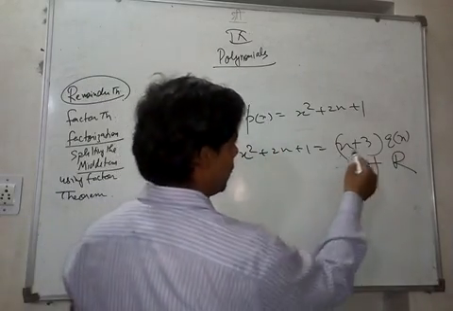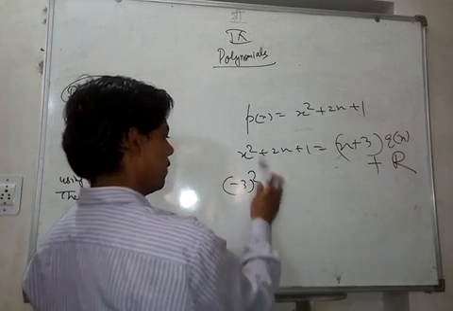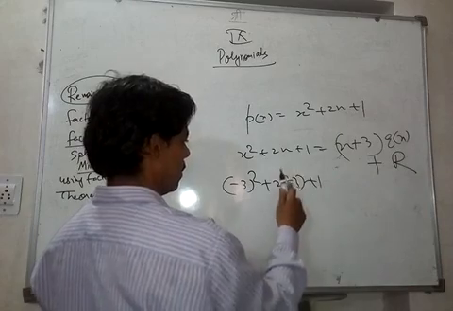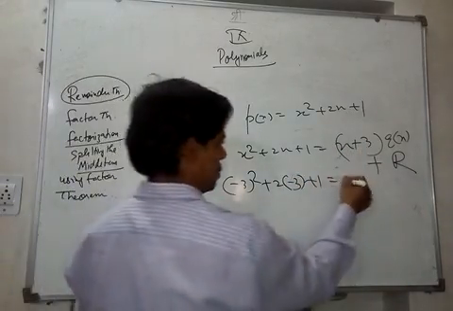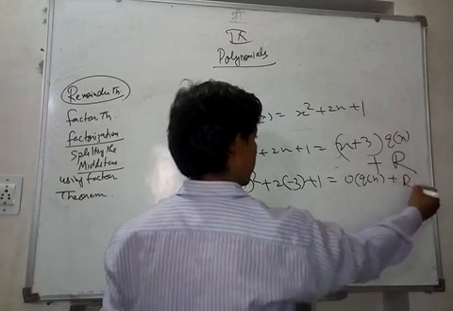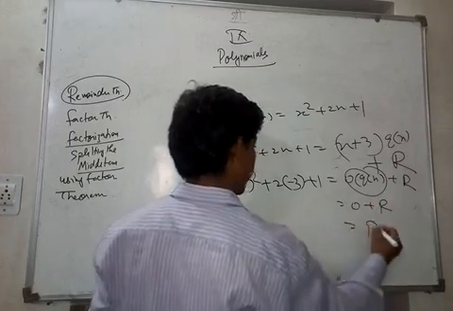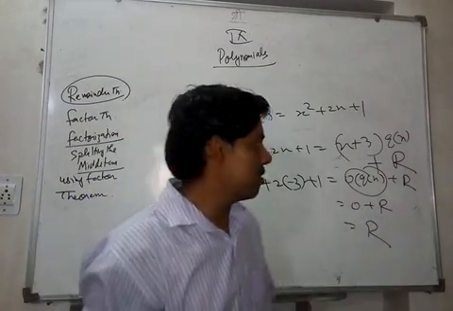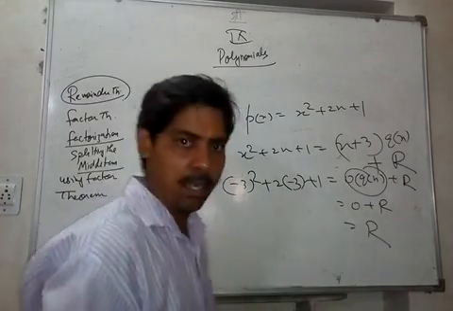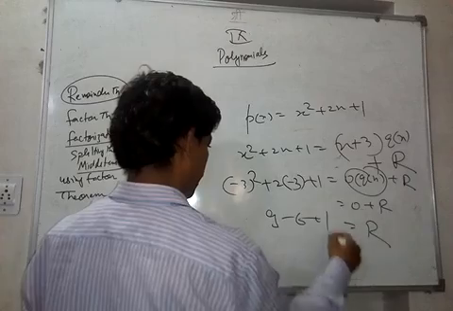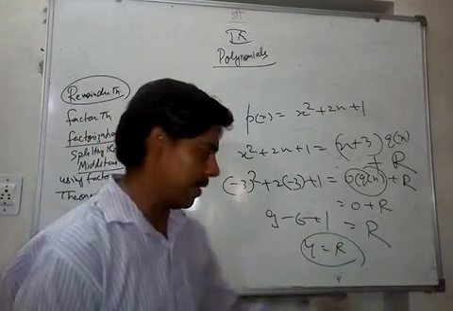And now if you put minus 3 in this complete equation, what will you get? Minus 3 square plus 2 into minus 3 plus 1. And look at this, minus 3 plus 3 is 0. 0 multiplied by q of x, plus r. What is happening? 0 multiplied by anything is 0. So we are getting only the remainder. We are not concerned about the quotient. We have just got the remainder, and that is 4, right? So I hope you understood this. This is the application of the remainder theorem.